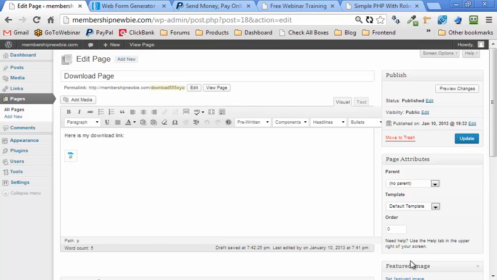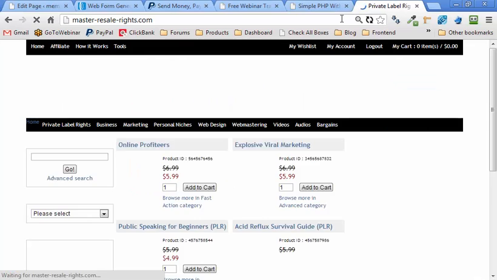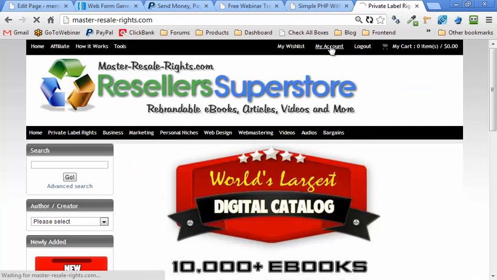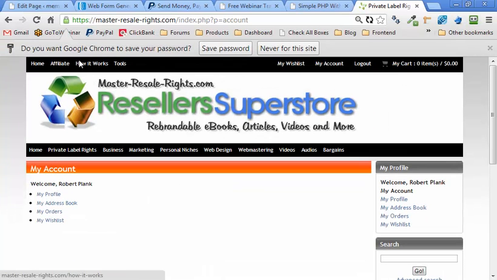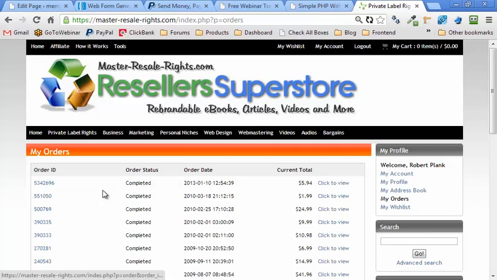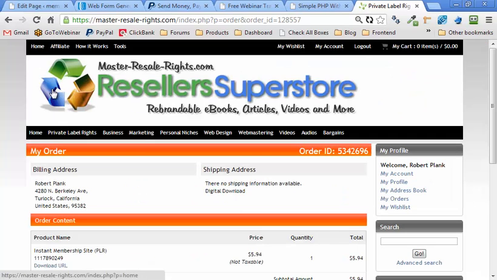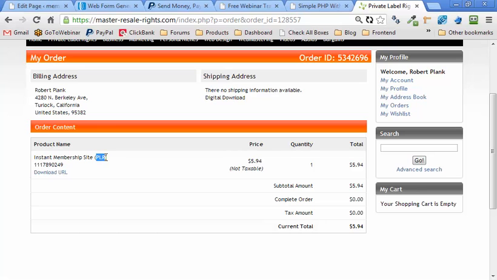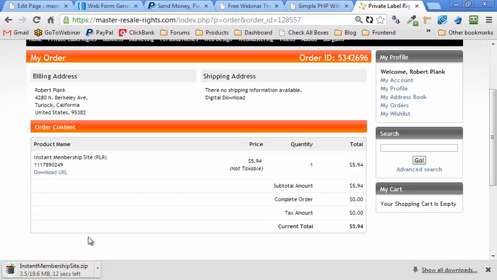Let me show you how easy some of this stuff is, because what I like to do sometimes is buy resale rights. Let me log in here. Every now and then I'll buy something from this site where I can just grab a PDF or a video that someone else has made. This is something I got a few minutes ago, a report on private label rights about membership sites. I'm going to click on this and download a PDF report and some graphics and things like that. So I'm pretty much getting a business in a box from this person